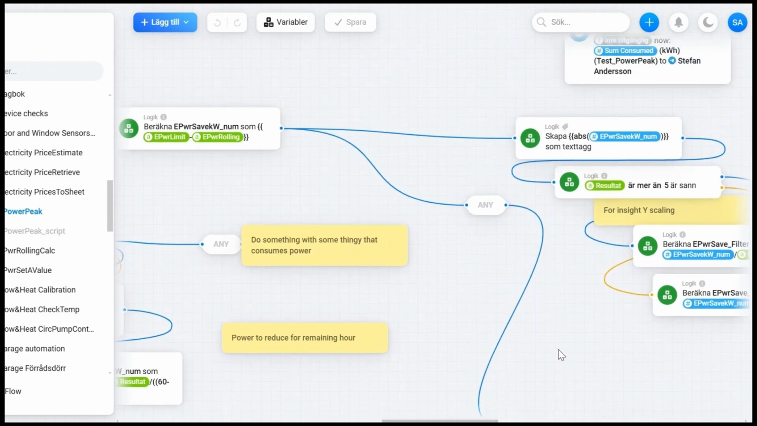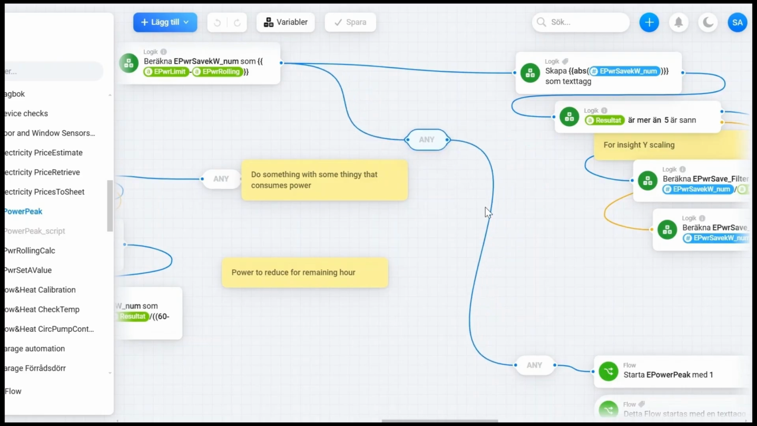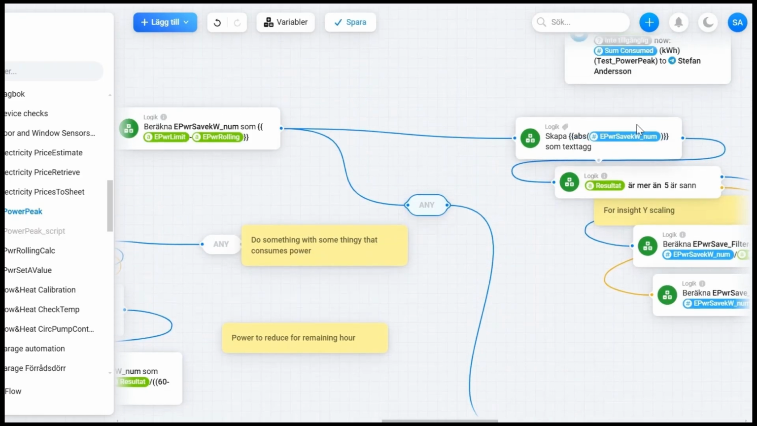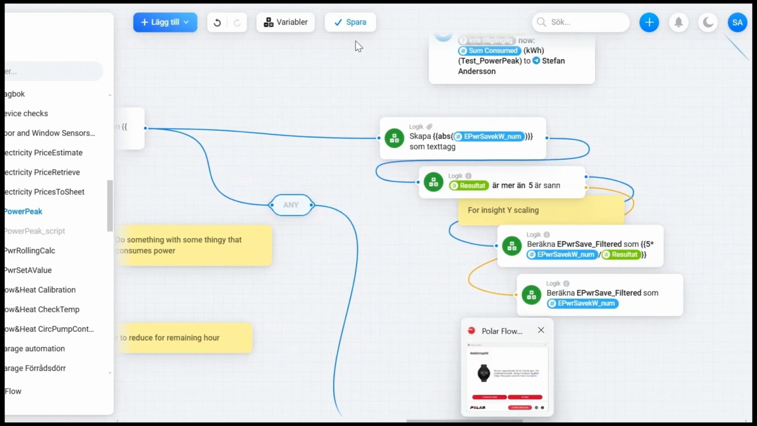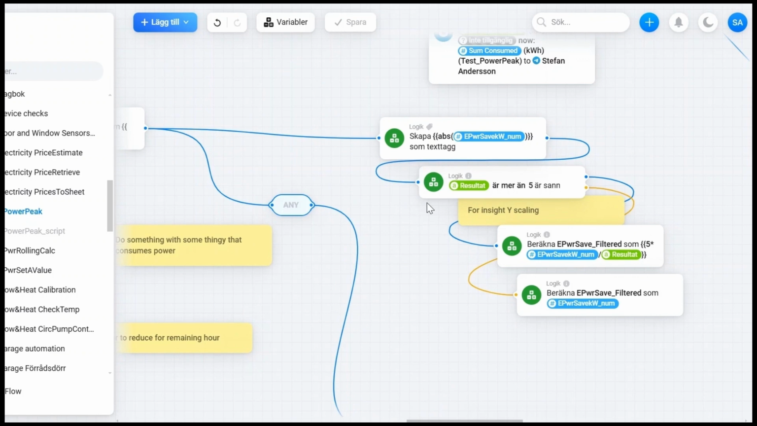So when we've done that, we create this e power save kilowatt number as a tag, and we take the absolute value of it. So if it's negative, it becomes positive. And then the square root of the value. And then if the result is more than 5,